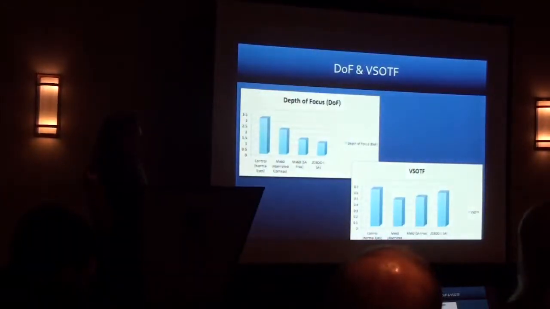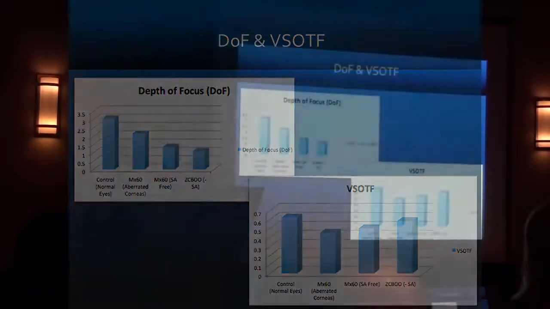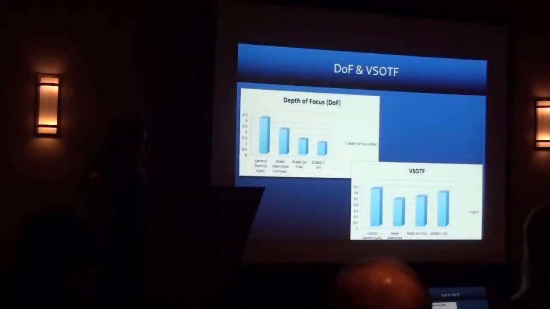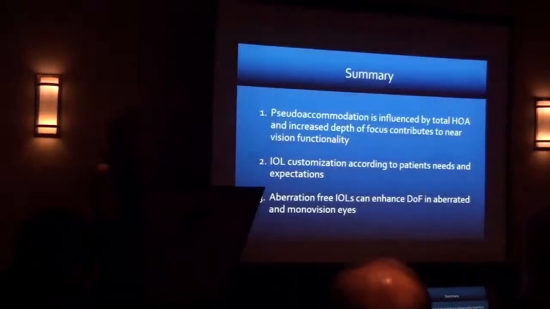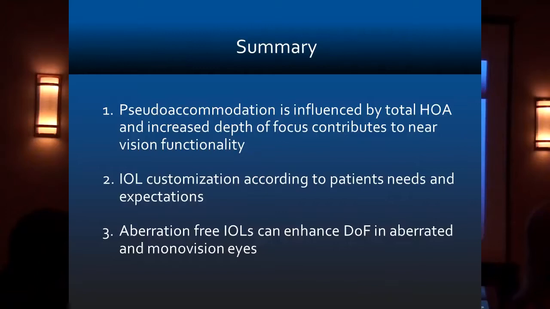So here again showing our normal young eyes, the VSOTF, similar to the IOL that compensates for spherical aberration, and then as expected, low in highly aberrated corneas. So in summary, pseudo-accommodation is influenced by total high order aberrations, and increased depth of focus can help to enhance